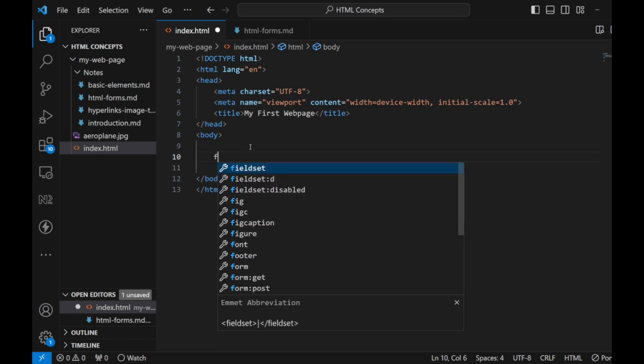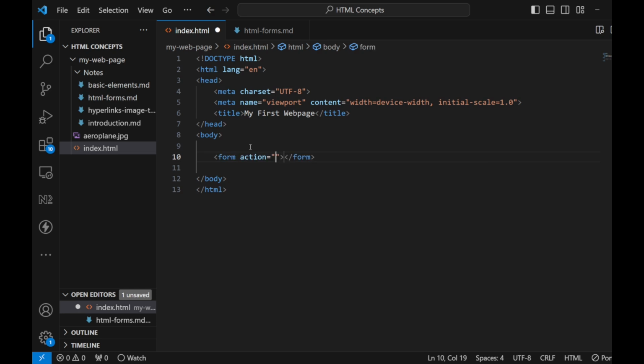First we will start the form using the form tag. Here we have action equals to, and we will write submit. It means there will be a URL, in this case /submit. This is where the form data is sent after submission. So form data is sent to this URL after the form submission, and we will write method equals